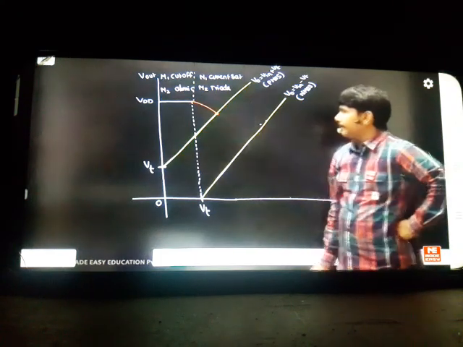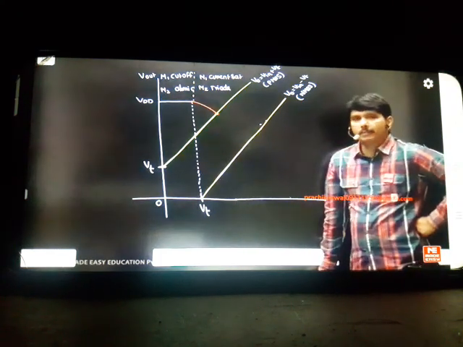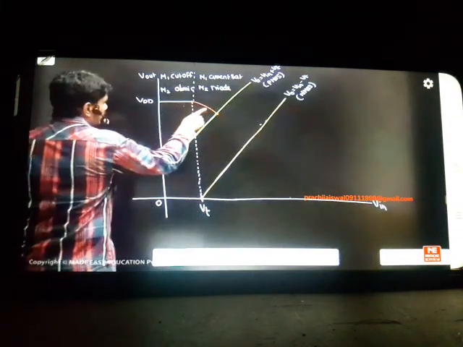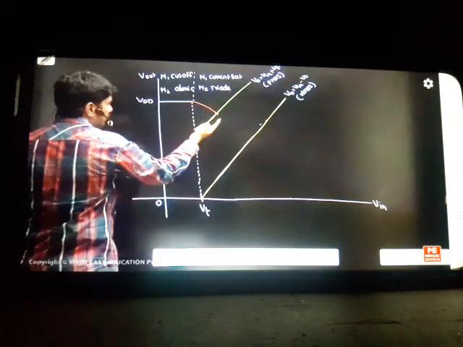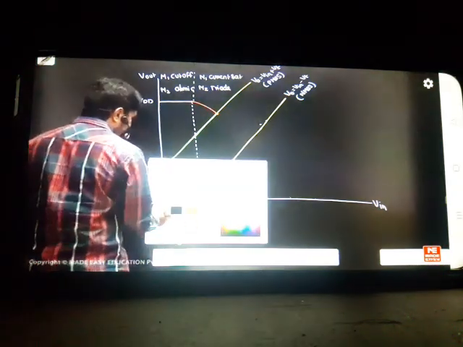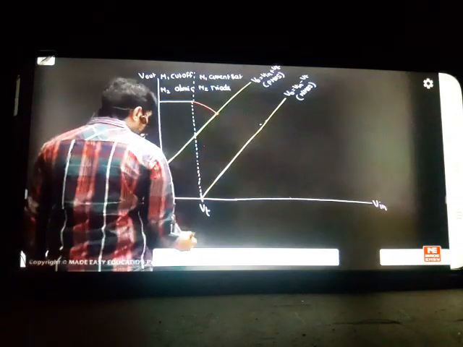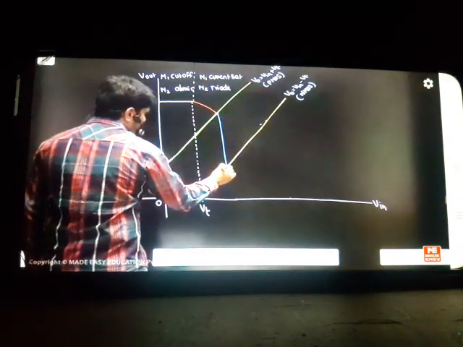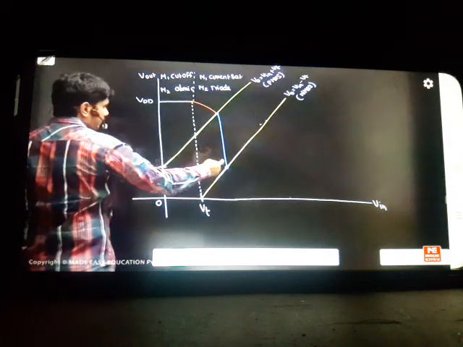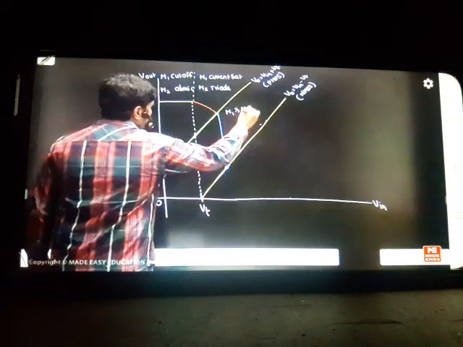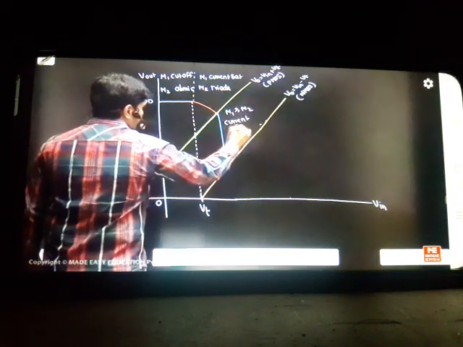So this portion is not linear because both are not in current saturation. If both are in current saturation, you get linear. But one is in triode, one is in current saturation. But when you touch this point, can you see that from here to here the triode region is completed? This is the boundary between triode and current saturation. Therefore, M2 will move to current saturation here. Already M1 is in current saturation. So from this point, you see a line like this. From this point, it will sharply fall like this. This is the way of falling. Linearly it is falling from this point to this point, because in this portion M1 and M2 will meet in current saturation. This is the story actually.